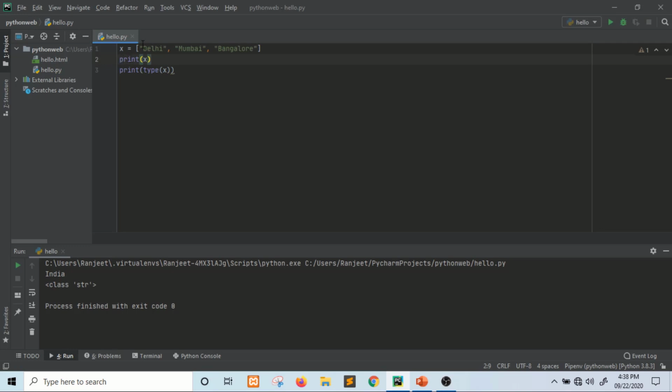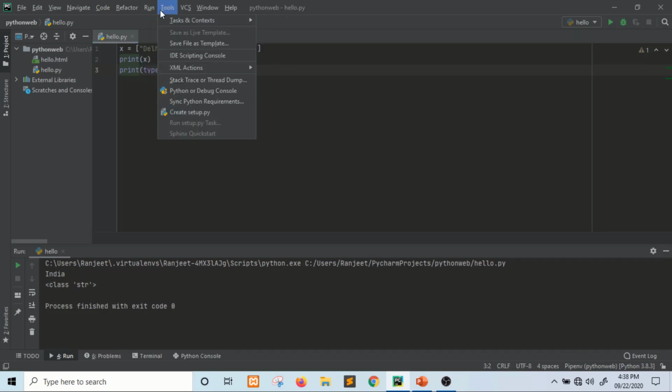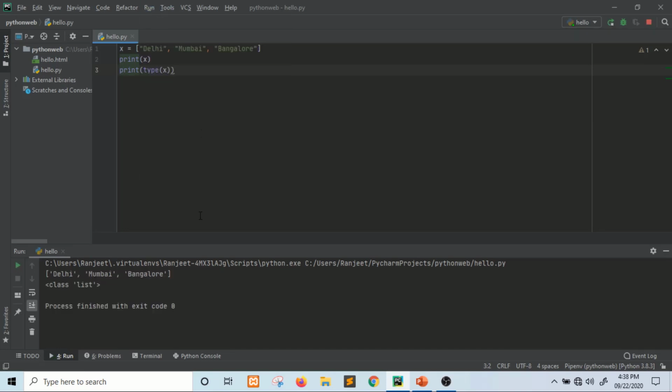The first print will print Delhi, Mumbai, Bangalore, and the second print will inform you what kind of data type you are using. You can see here Delhi, Mumbai, Bangalore. The first print is printing, and now it is telling you it is a list data type. So you can see that it is a list data type in Python, right?